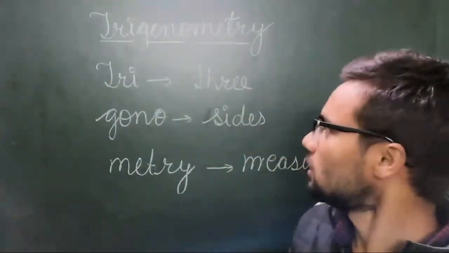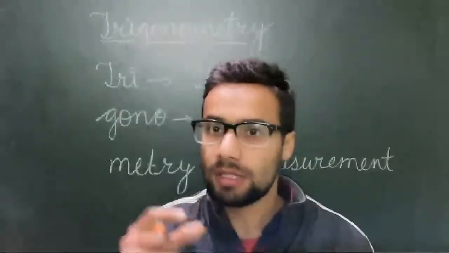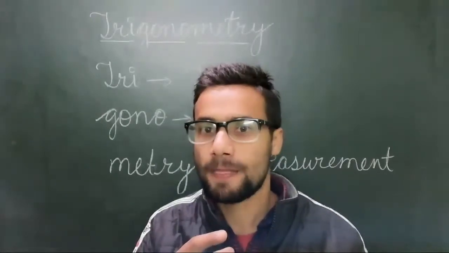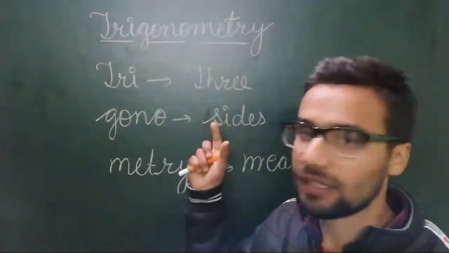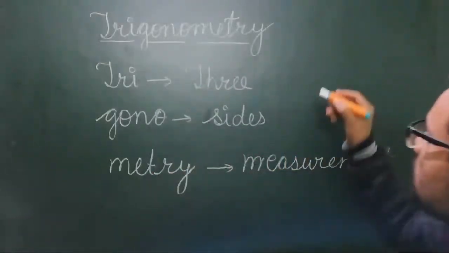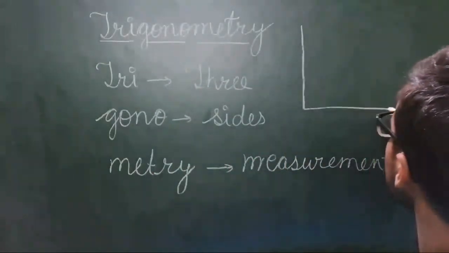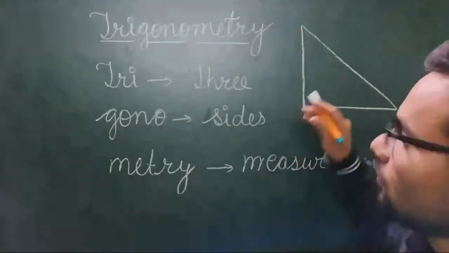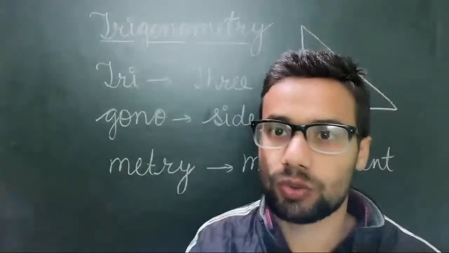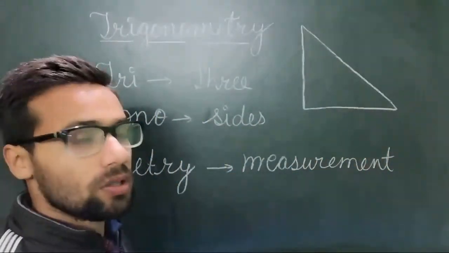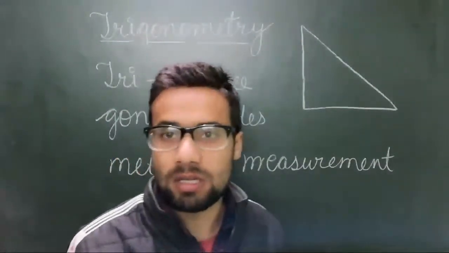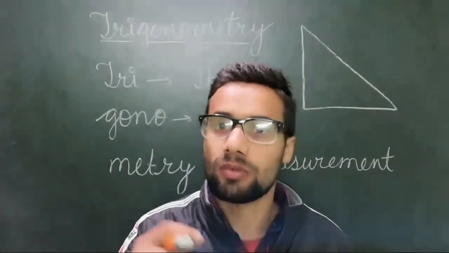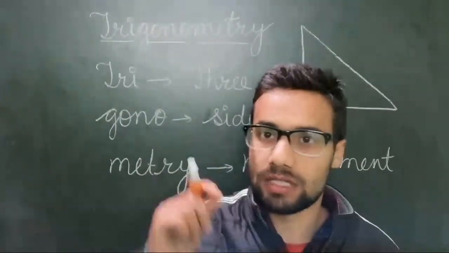Now dear student, here I write three sides. You know very well, here I take a triangle. Which type of triangle will I take here? Guess. Yes, a right angle triangle. Good. Is it clear? In this triangle we get very important ratios of trigonometry. Those are called sine, cosine, tangent, and the reciprocal of sine, the reciprocal of cos, and the reciprocal of tangent.